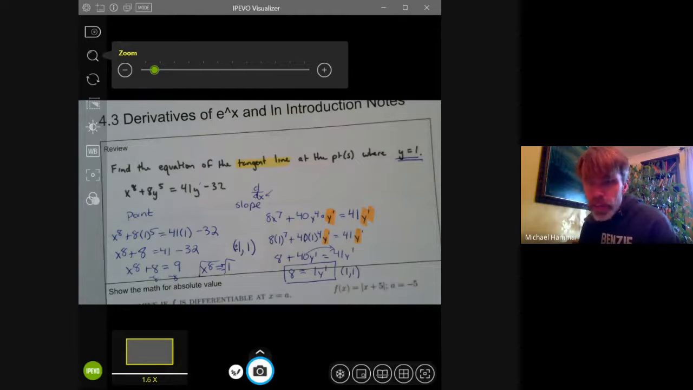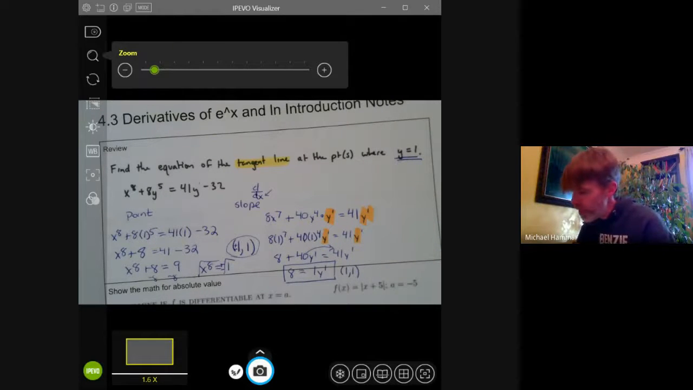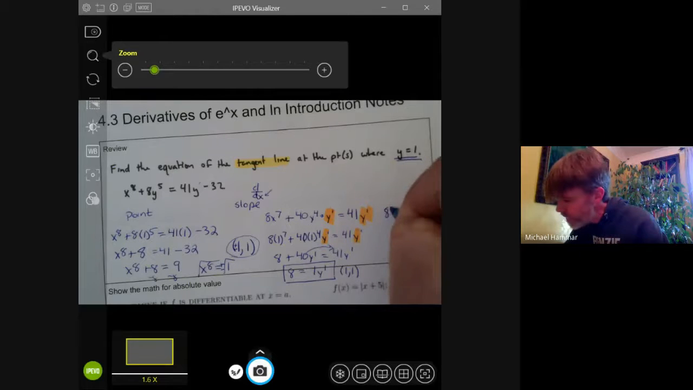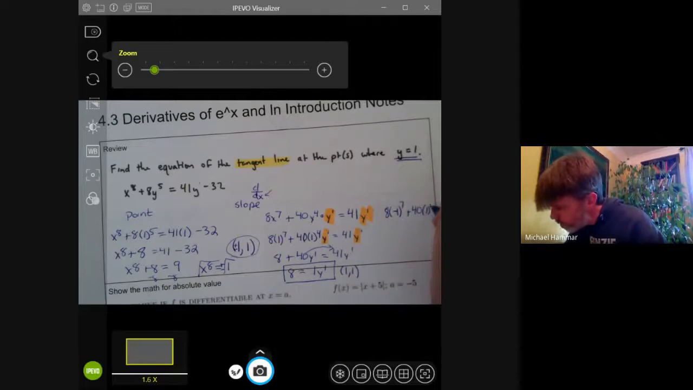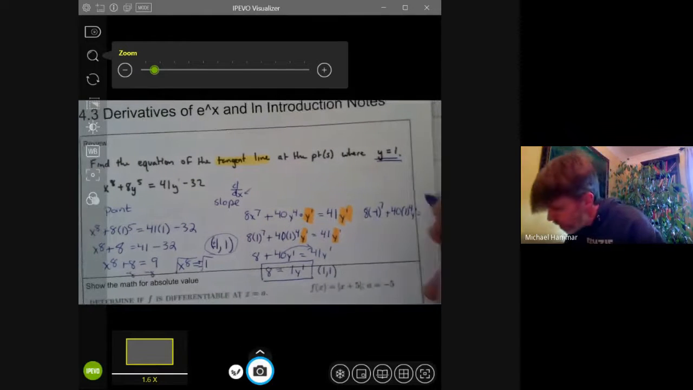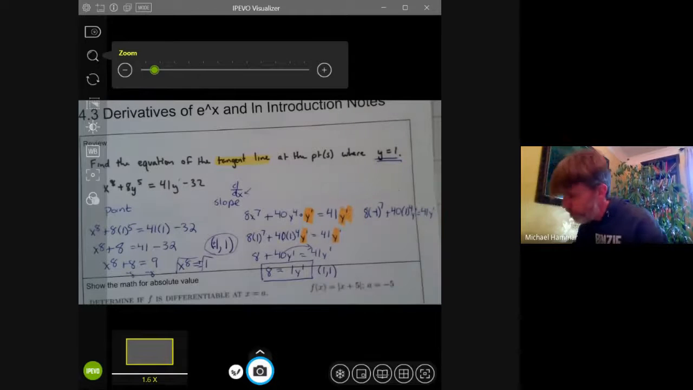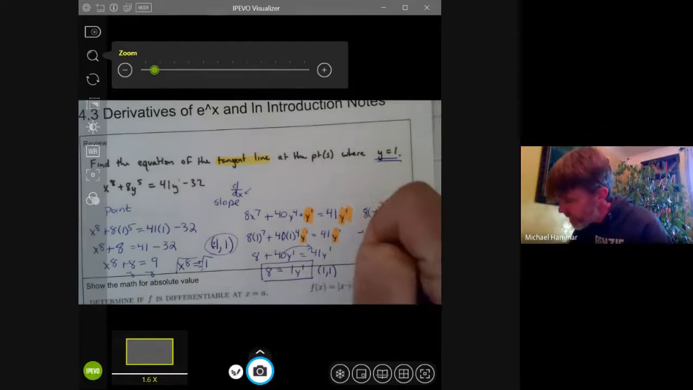But here's the thing. I also need to figure out what the slope's going to be for the other point. Because remember, when we did this, we have 2 points where this is going to be working. So what that means now is I need to do 8, and then x is negative 1 to the 7th, plus 40 times 1 to the 4th. And then remember, that's times y prime equals 41 y prime. So now the only thing that's changed is this negative 1. And negative 1 to the 7th is, of course, negative. So now this ends up being negative 8